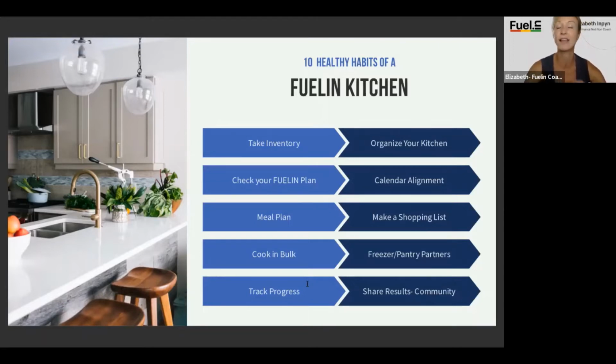That's one of the things I like the least when I get home from the grocery store, is actually having to find spots for everything, cleaning it all off. So if your kitchen is organized, it's kind of like if your life is organized, you will be better off for it. Next, checking your Fuelin plan, looking at what you have for the week ahead, looking at what days,